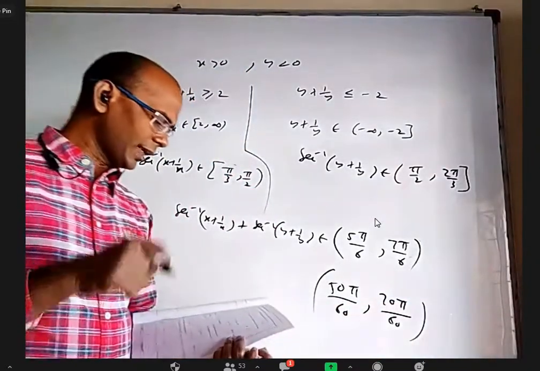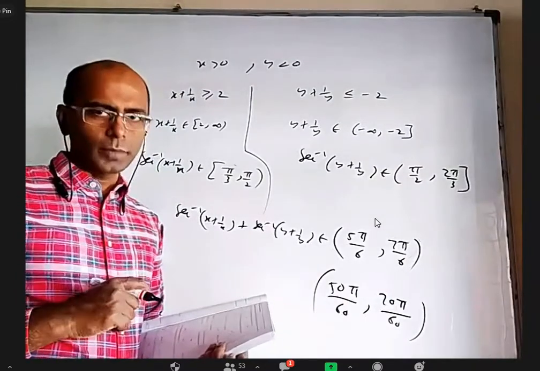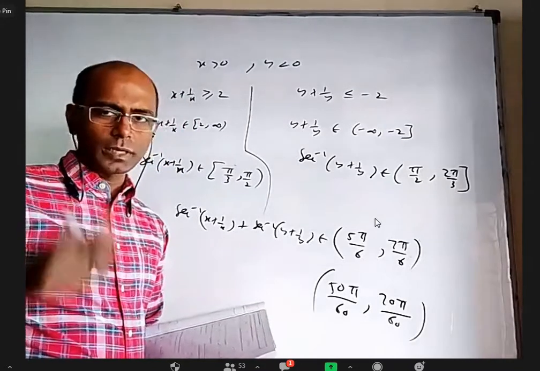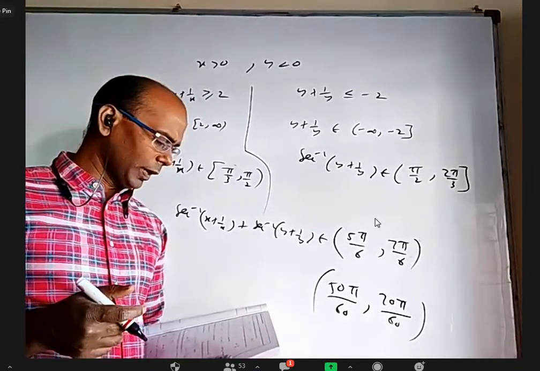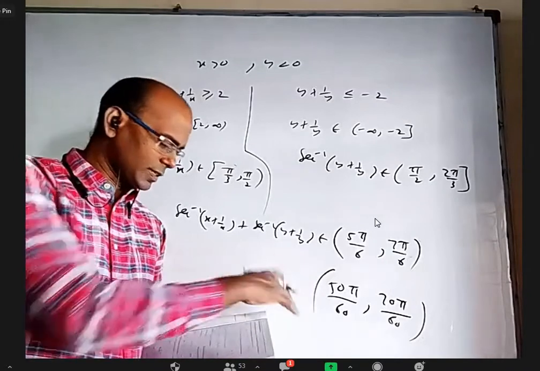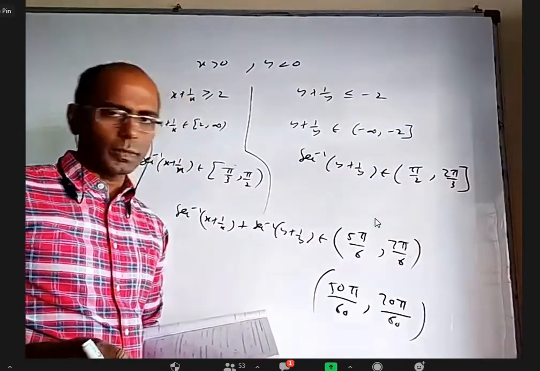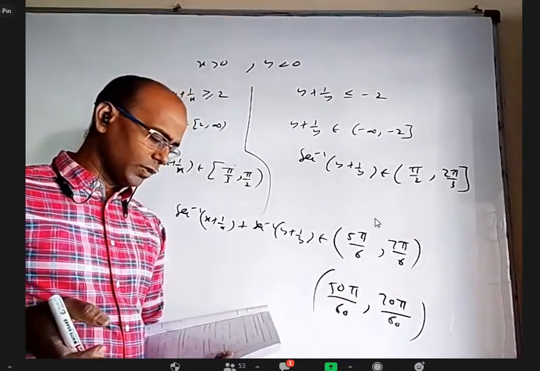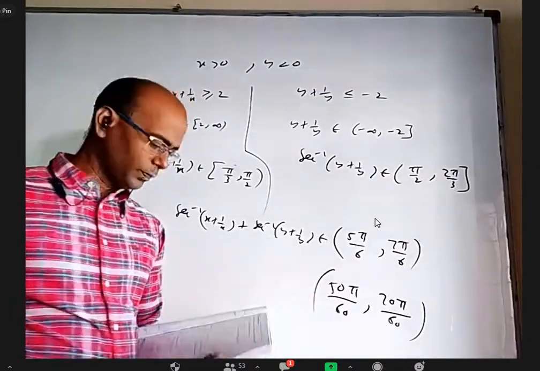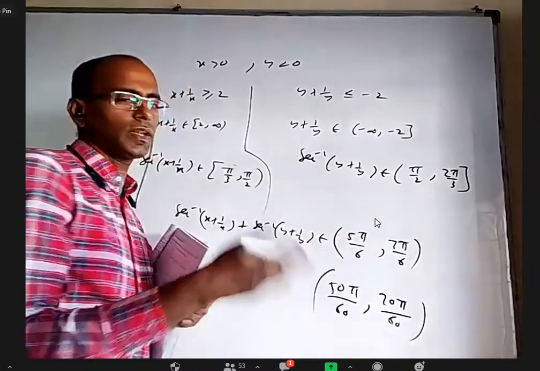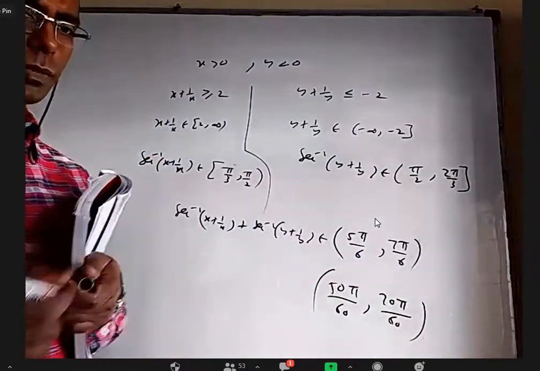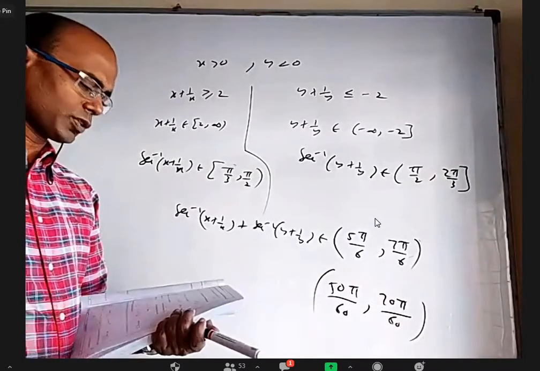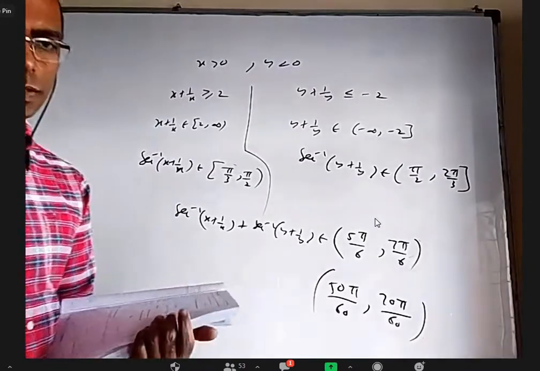Option A, multiply by 6. It will become 48 pi by 60, which is a little less than this. So not okay. When you take 7 pi by 10 and multiply by 6, 42 pi by 60, that is also less than this, not okay. When you take 9 pi by 10, it is 54 pi by 60, it is well within this. And the next one will be 63 pi by 60, also within this. So C and D belong to this, whereas A and B don't belong to this. It is easy to compare. So only C and D are within the range. Those values are possible. Is it okay?